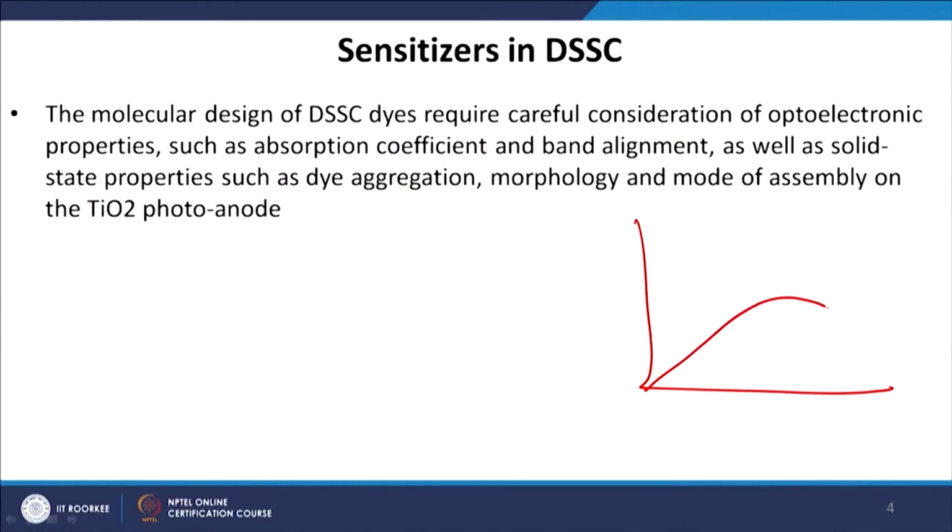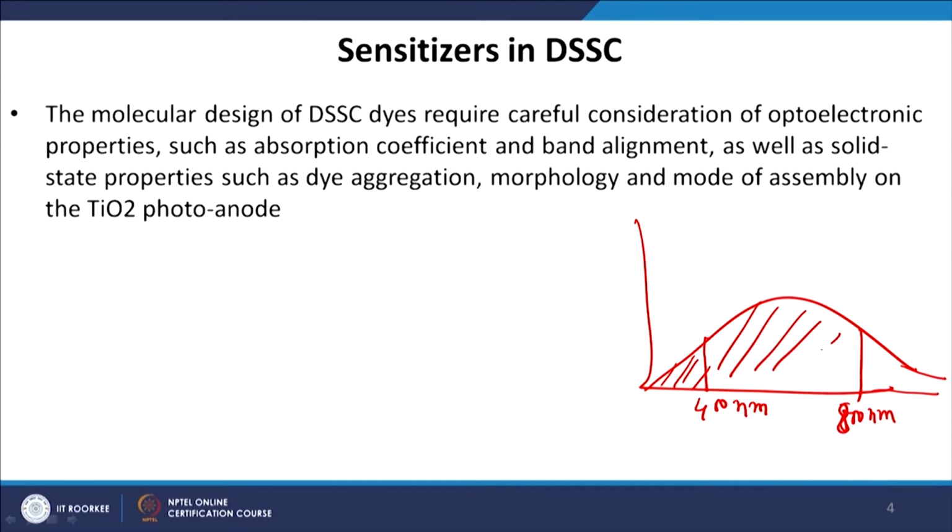If we plot the electromagnetic spectrum, you see a dye which has an absorption spectrum that spans from the UV range, let us say this is 400 nanometer and this is my 800 nanometer. So this dye molecule has absorption in the UV range, it has absorption in the visible range, as well as some absorption in the near IR range. This dye molecule is ideal for our study because it has absorption which spans all over the electromagnetic